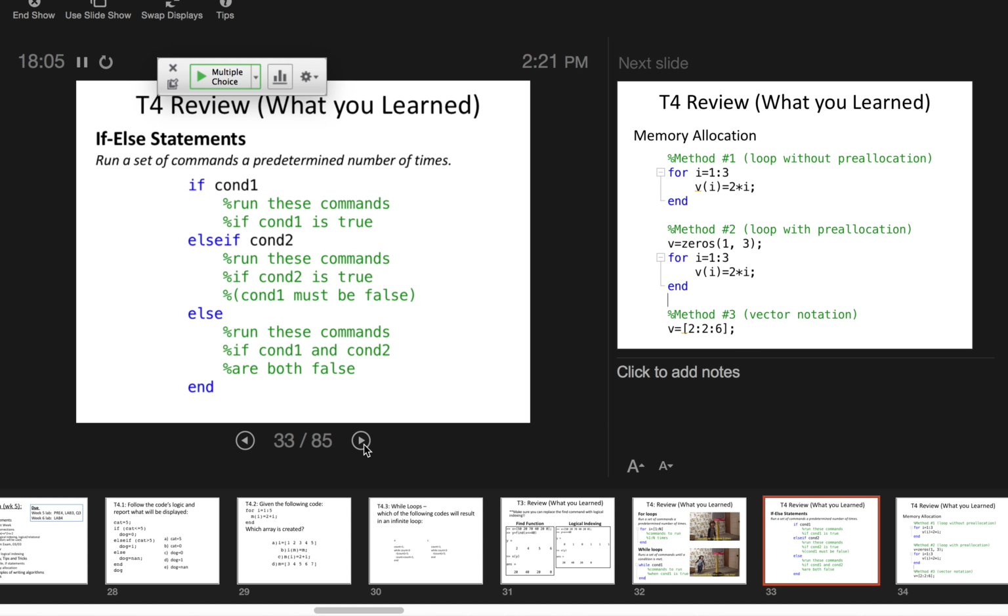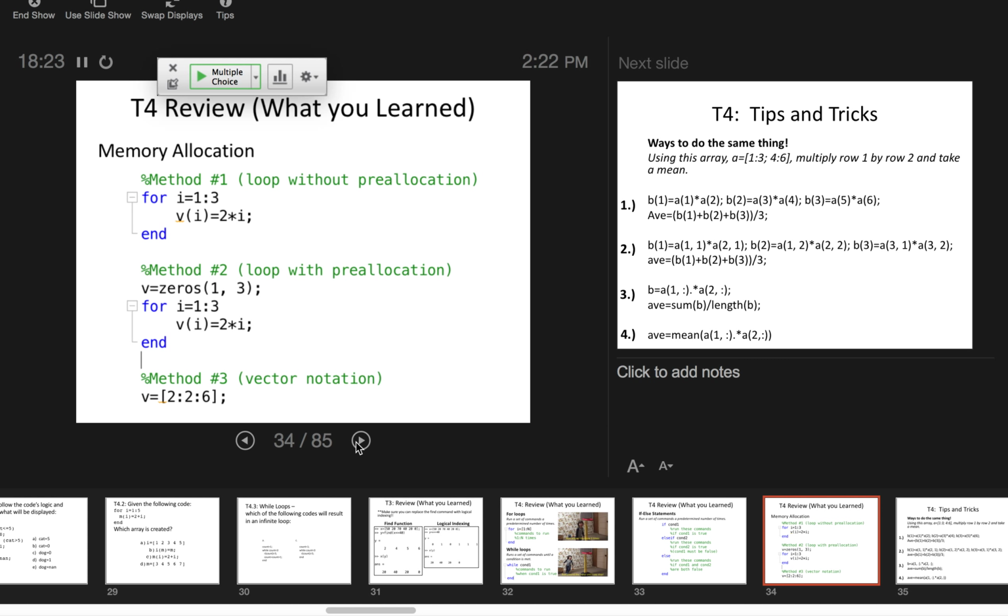This one is the most straightforward, and I find that whenever I ask anyone to read through an if statement, they almost always understand what the if statement is saying, even if the syntax is new. It's the loops with the if statements that make it a little bit harder. And the last thing we learned about last time is the memory allocation, which we just talked about a little